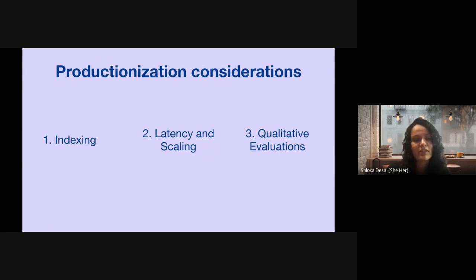Second is impact to latency and scaling. For round robin, we found that it had minimal impact on latency due to its linear time complexity. For DPP, we reduced impact on latency through various techniques, such as tuning the batch size through offline replay or A/B experiments. Finally, we collected qualitative feedback from a diverse set of internal participants for every iteration, in addition to relevance evaluations through professional data labeling.